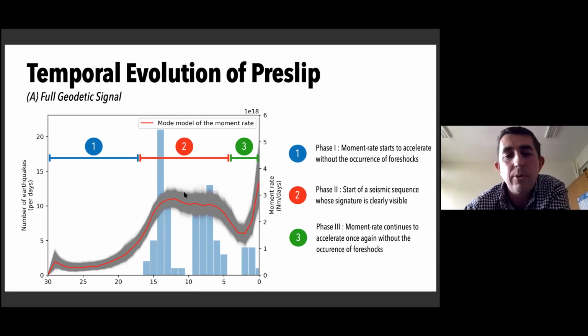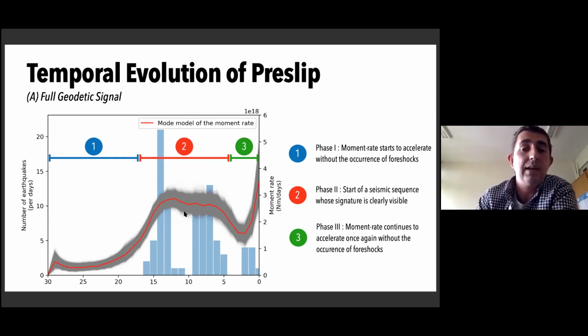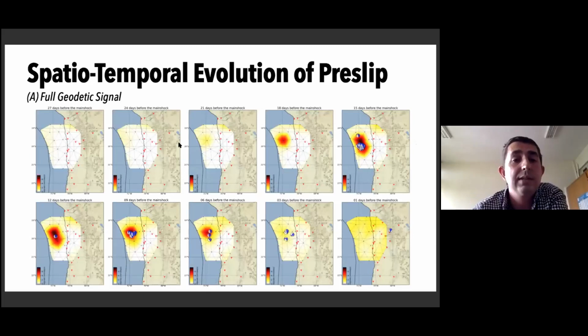But then at some point you have the seismic sequence that is starting to blur a little bit the vision that we have on what is happening here. This can also be seen by looking at the temporal evolution of pre-slip. These are different snapshots of the slip rate on the fault, along with the focal mechanisms that we have from our catalog. And as you can see here, let's say 27 days to 18 days before the